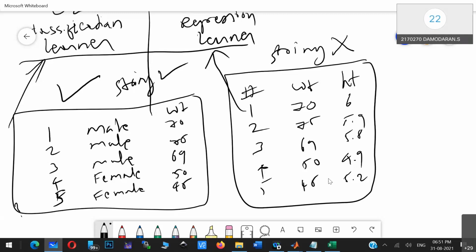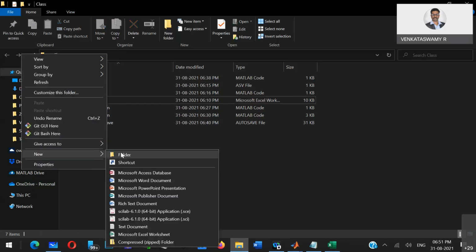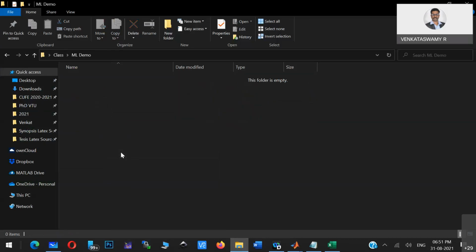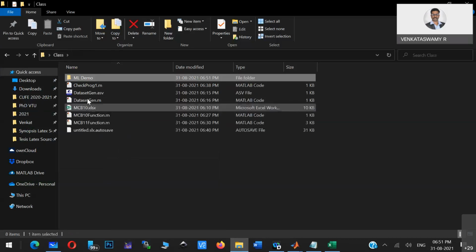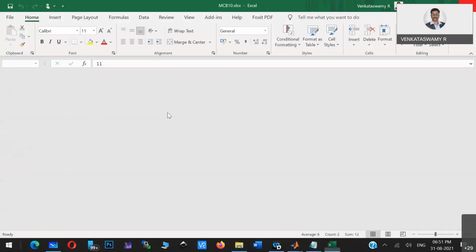Now at this particular point, I'll take up the next example. I'll create one more directory, say ML demo. In the ML demo, I'll take the same Excel sheet and paste it. Then I'll close this Excel sheet.